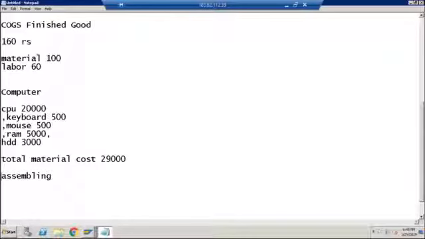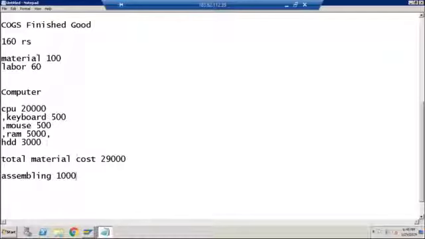Now definitely you want a person who will be assembling this. If I just give you the raw materials, the customer will not accept it. You cannot tell the customer, take the raw material and assemble on your own. You want to make sure that assembling is also done. So this assembling, let's say, will cost me another 1000.